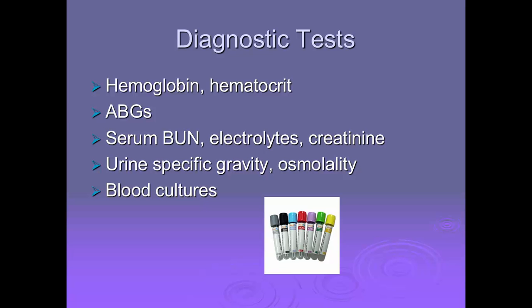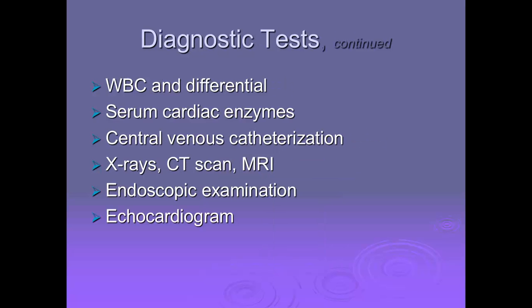White blood cell count and blood cultures are done to identify the causative organisms in septic shock. Your white blood cells with differential are done in a client with septic and anaphylactic shock. The total white blood cell count will be increased in septic shock. They will have elevated neutrophils that indicate an acute infection. Increased monocytes indicate a bacterial infection, and increased eosinophils indicate an allergic response that you will see in anaphylactic shock.